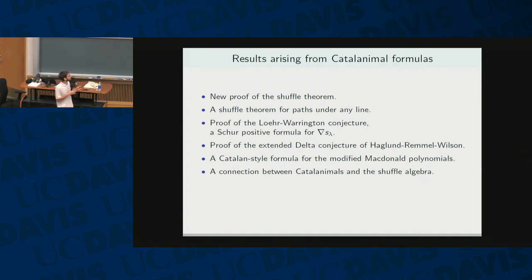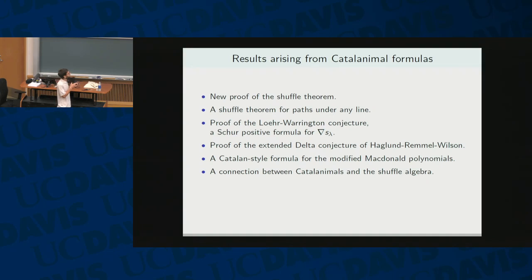And so the thing that we used here for all these examples was a certain Cauchy formula involving non-symmetric Hall-Littlewood polynomials. In terms of how much work goes into this, a significant fraction of the work was getting this Catalanimal for, say, nabla S lambda, and then there's another big step to use this non-symmetric Cauchy formula to get out certain Schur positivity results from this. Okay, so all